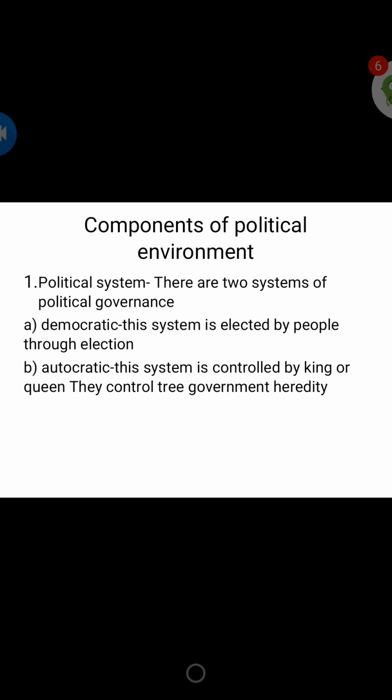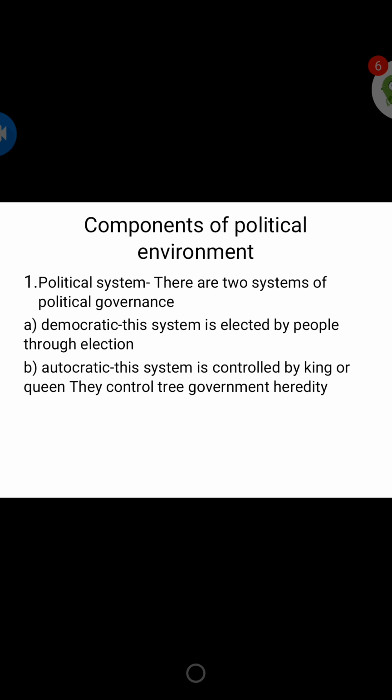Democratic is a system elected by the people through election, which means in this system people elect the government and the people's representatives, so MLAs or MPs, who are elected through election, and they rule the